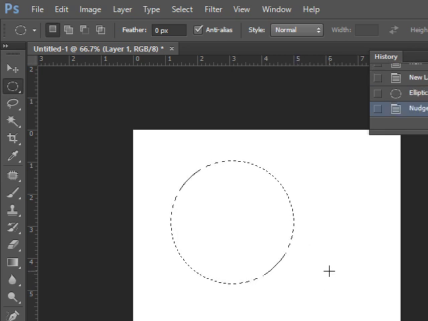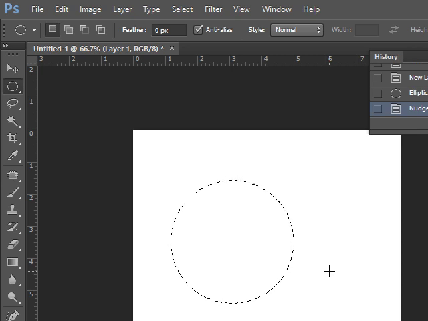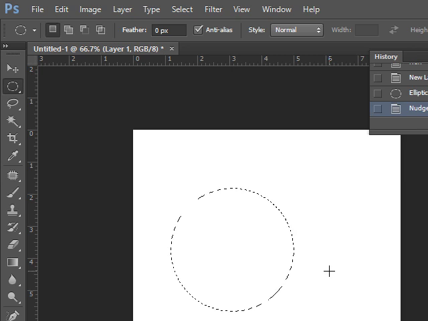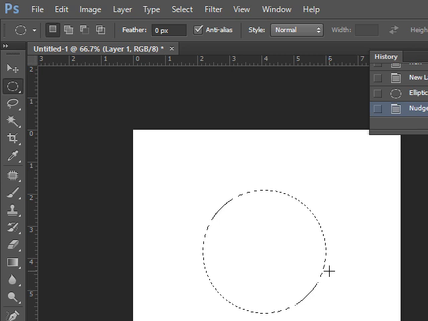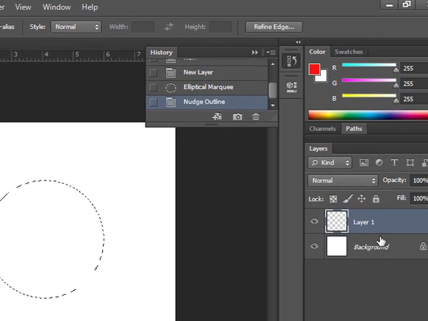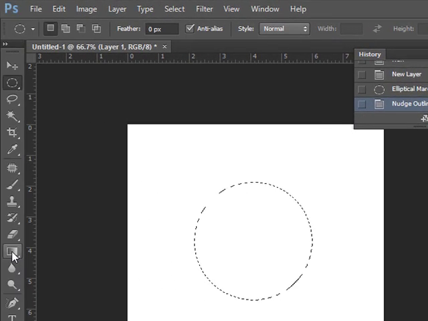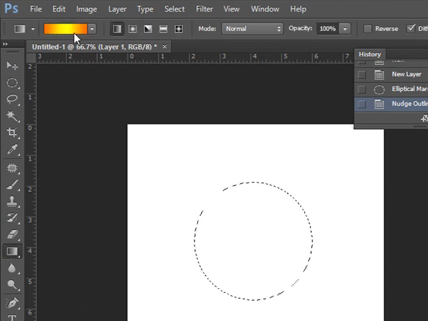If I press the down arrow key, it moves towards the downward direction. I am now pressing the right arrow key, so it is almost at the center of the file. Now it is on a separate layer. Now I am taking this gradient tool. Here the color right now the gradient color is red, yellow and again red.